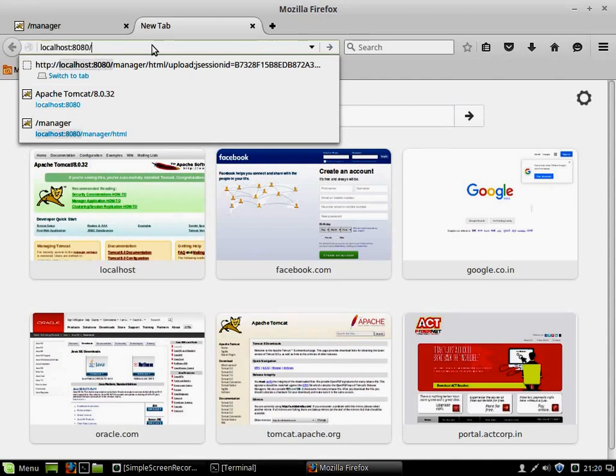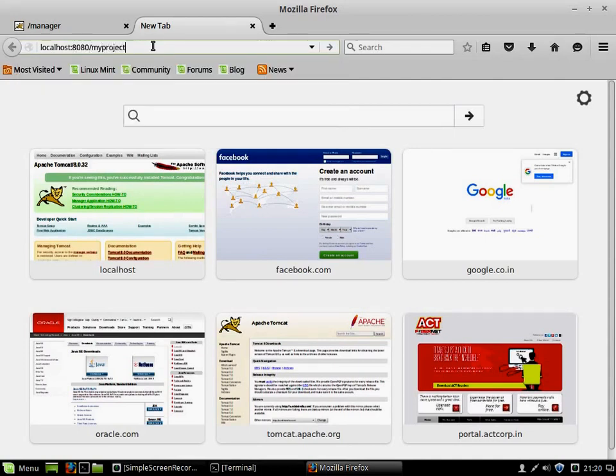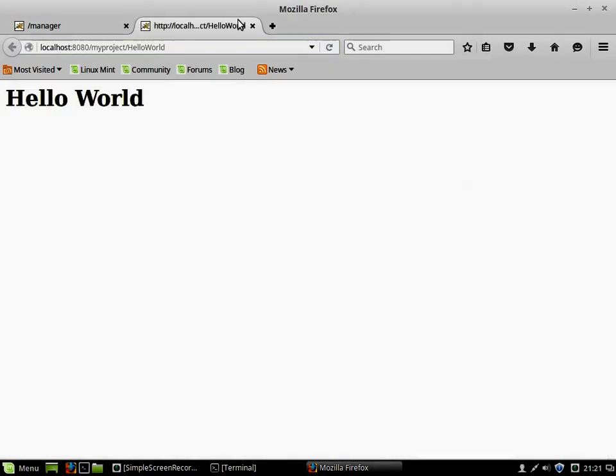It is available in a war file called my project, followed by, I told you that in the web.xml file we have set some URL pattern that is slash. I already typed this slash here, you can see here slash. And here we are giving the pattern that we have set in the web.xml file, which is nothing but hello world. When I enter, we should see hello world. When this class is executed, hello world will be printed on the output screen.